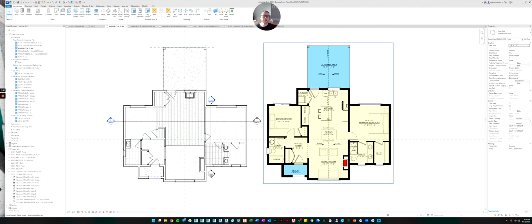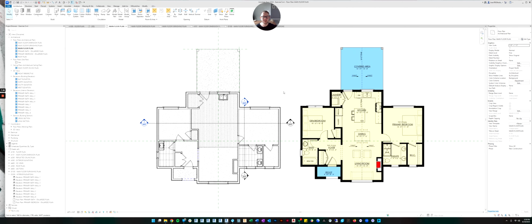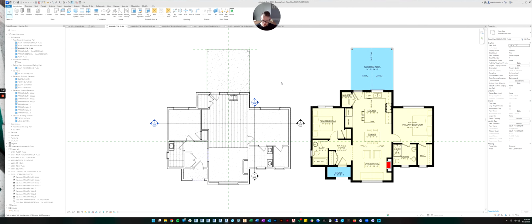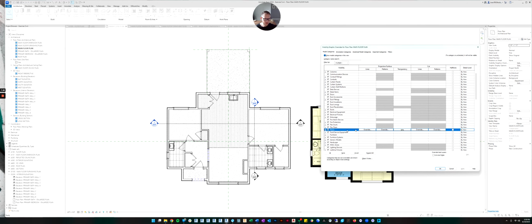I'm going to delete it, but before I delete it, I probably want to name all of the rooms, and I still want to look at this picture for when I'm naming the rooms. Then I'll delete it. So let's pull it over to the side. Let's go back to our visibility graphics box, and let's go to the floors. And let's turn the transparency back to 0% transparent and apply. Okay, so now the floors look normal.